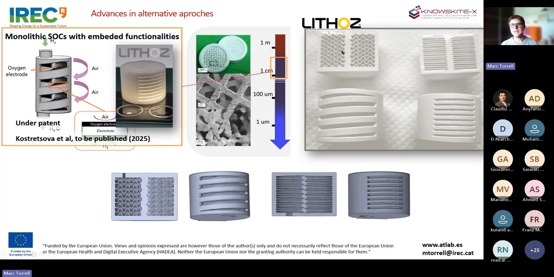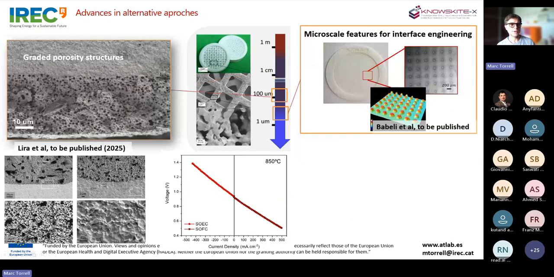Okay, here are some details of the cross section, because we can also corrugate these membranes, or we can do it planar. And here you have what is the initial design and what we achieve at the end once it's already printed. This one is in green. Here, this one is already sintered. And another approach that we are following is also to print graded porosity structures.